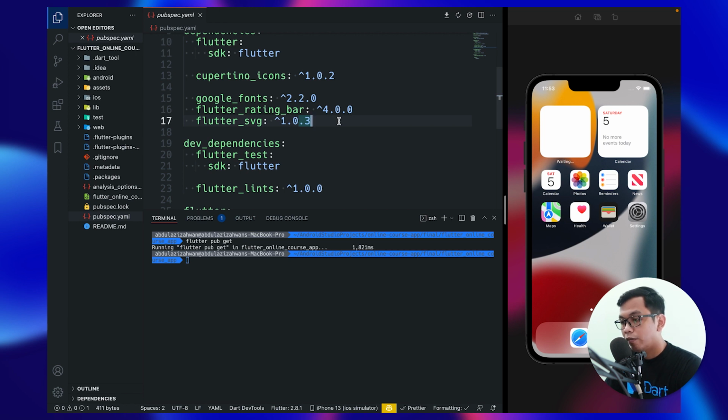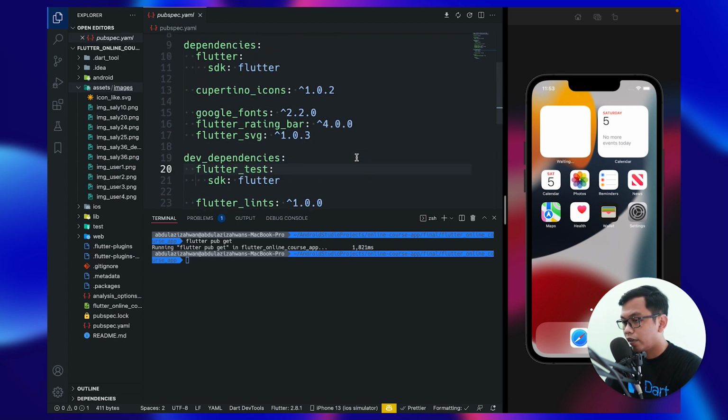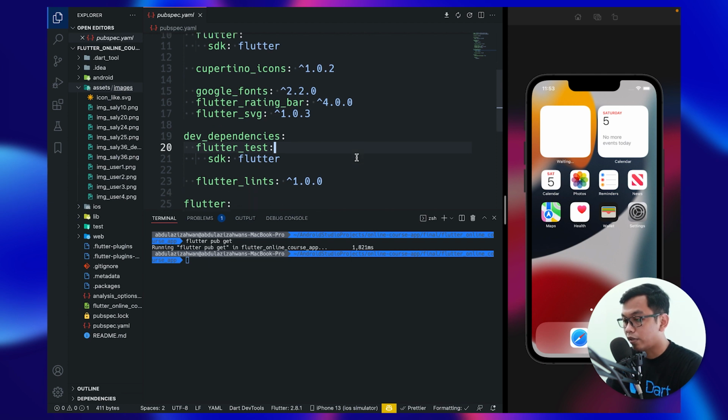So for this project I just added three packages: Google Fonts, Flutter rating bar, and Flutter SVG. And in this starter project I have added some assets like icons, images, etc. So you can check them in my starter project.